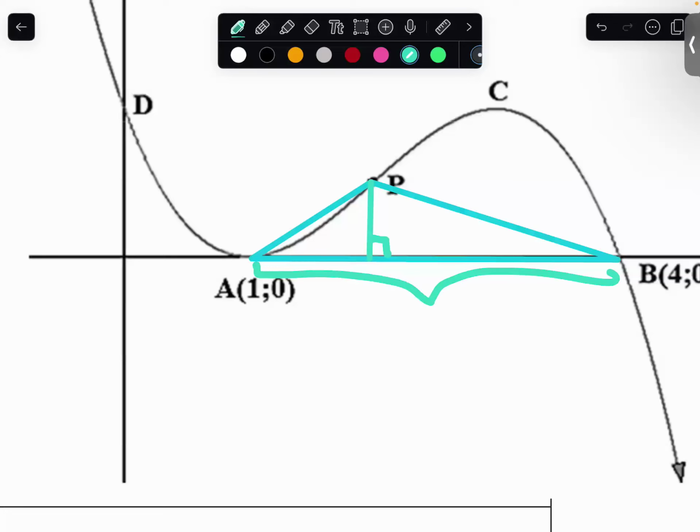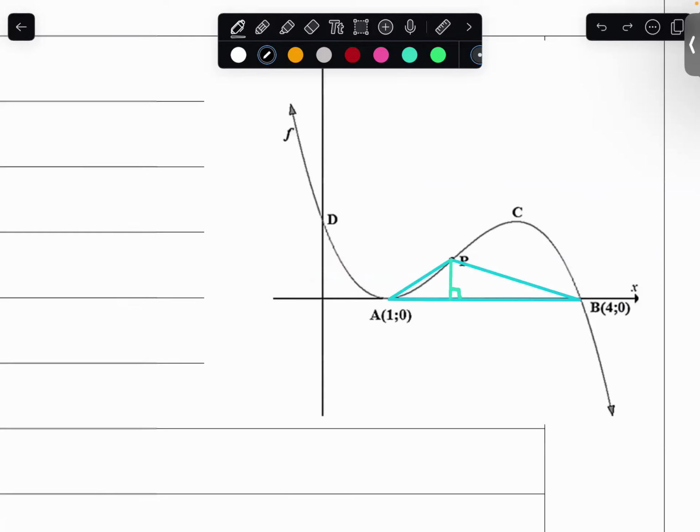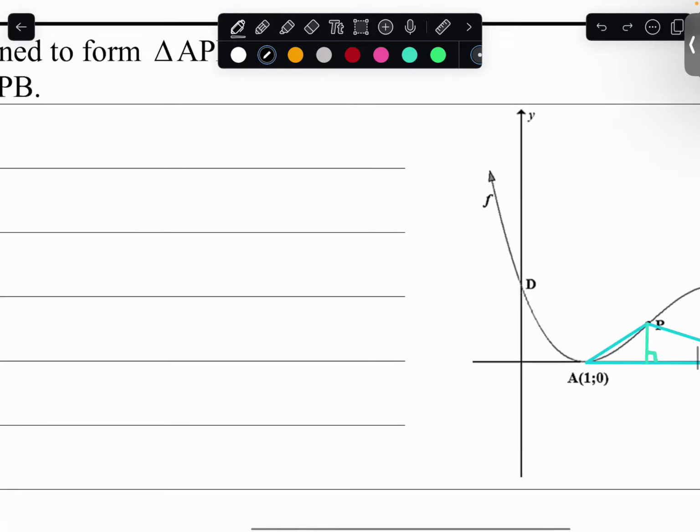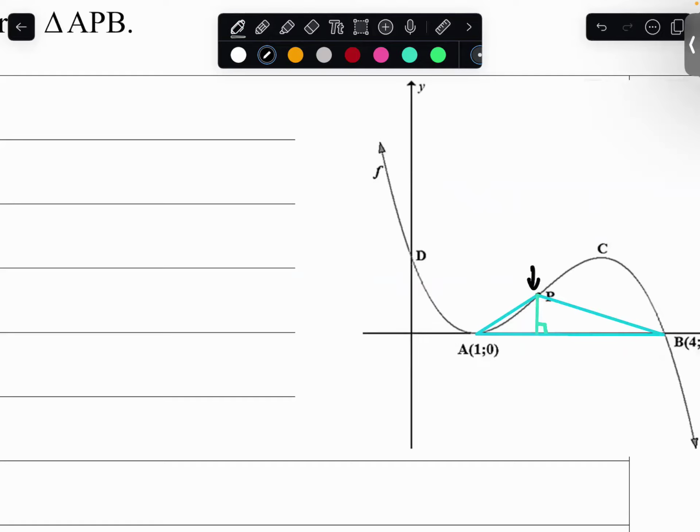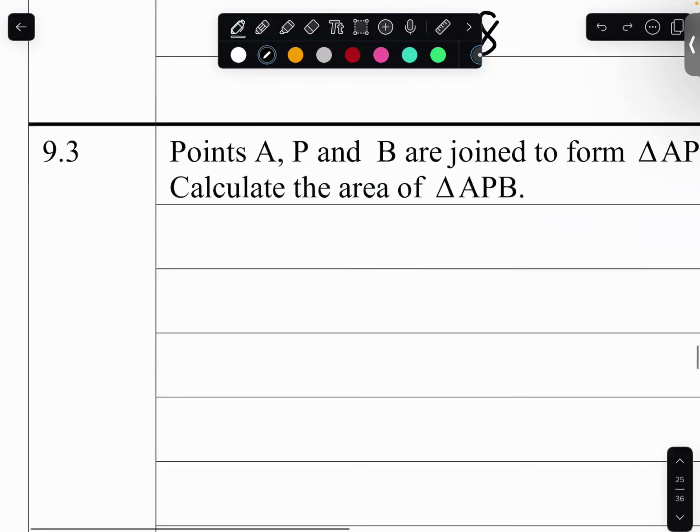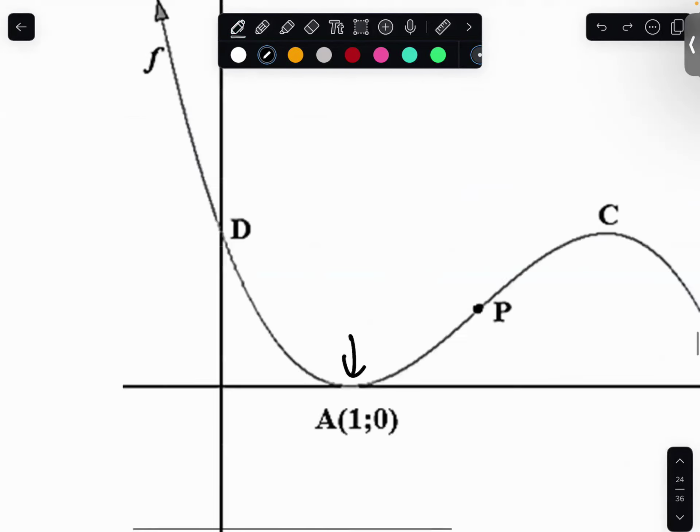This is going to be the base. This is going to be the perpendicular height. Now, how do I get the perpendicular height? If I have P's y coordinate, then I'll have this distance. If I have P's y coordinate, then that's the distance from the x-axis to there. That's going to be the perpendicular height. So this is what I'm going to do. I'm going to calculate what P's coordinates are. P is the point of inflection. Remember they told us in the information at the start that P is the point of